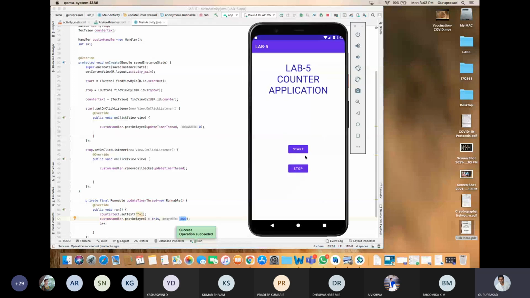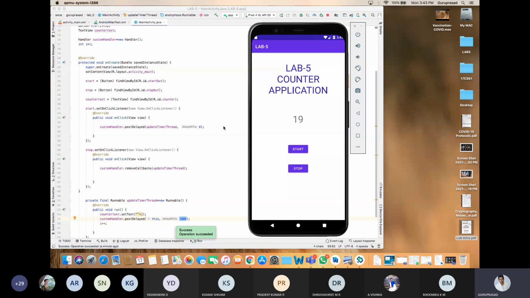Start. 1, 2, 3, 4, 5, 6, 7, 8. Stop. Again start. It is starting from 10, 11, 12 because plus I I have defined. Even you can use pause. Stop means again 0, I is equal to 0.